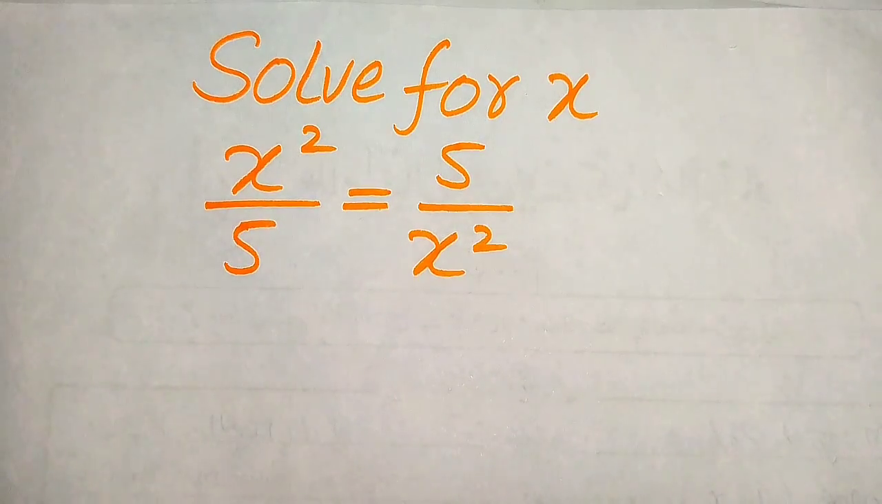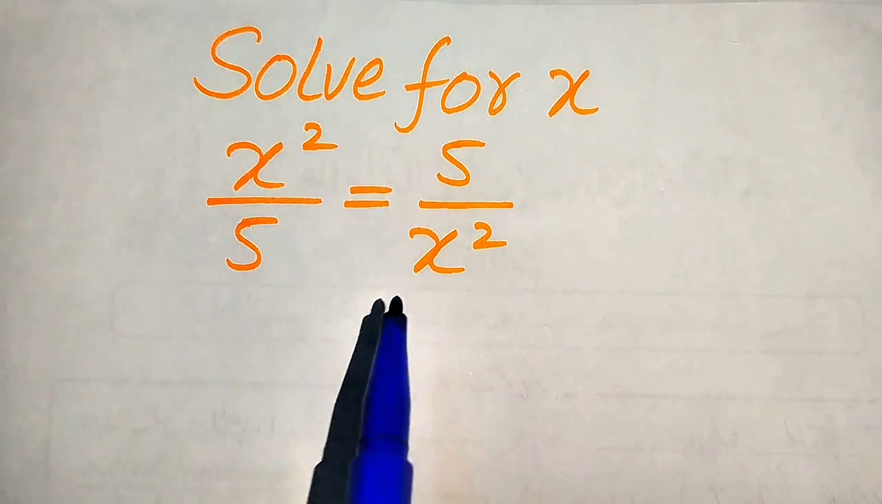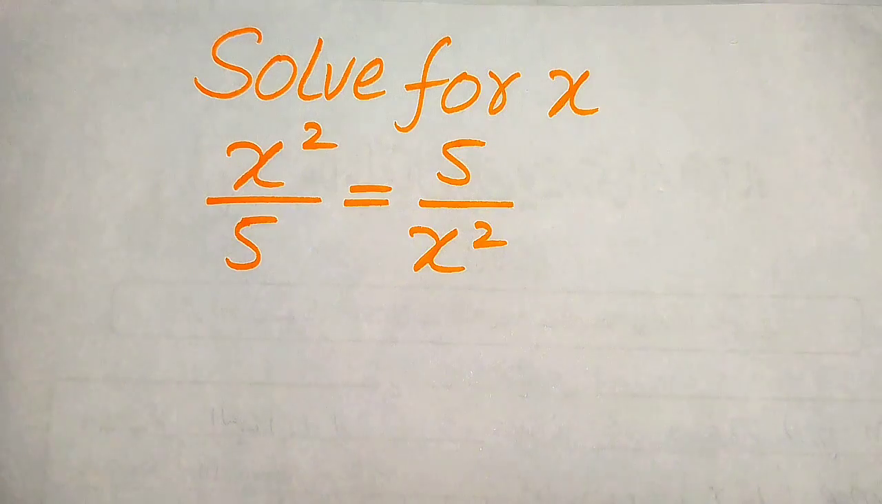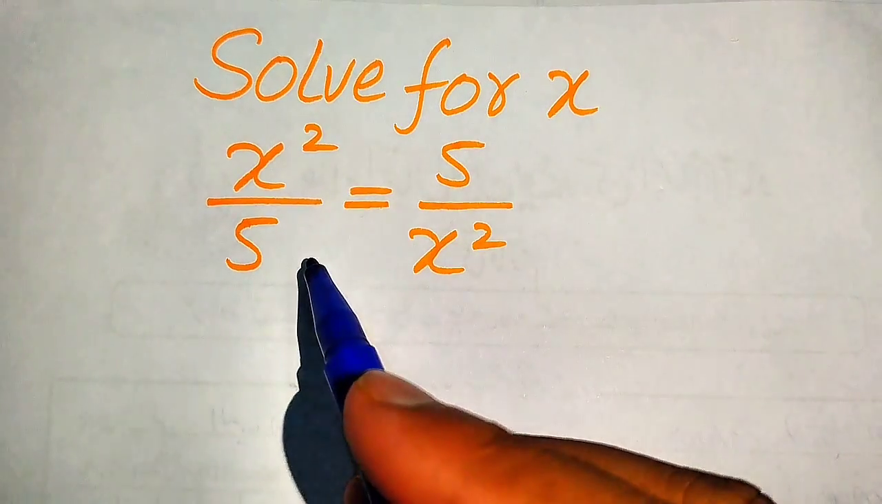Hello everyone, how to solve this problem for the values of x if we have x square over 5 equals 5 over x square, and we solve this problem for the values of x. So in this problem we find all the roots of this equation. So here the very first thing we are going to do is cross multiply the terms,